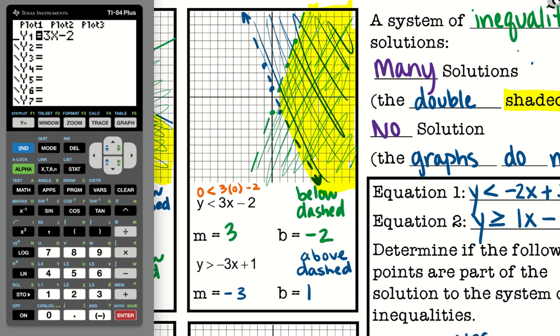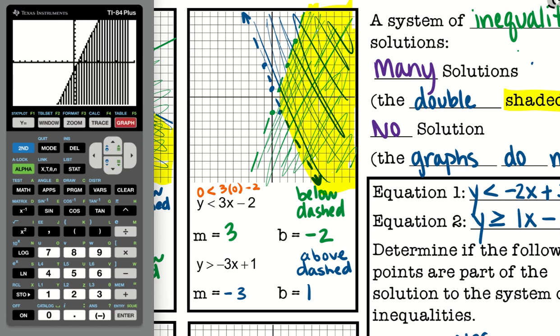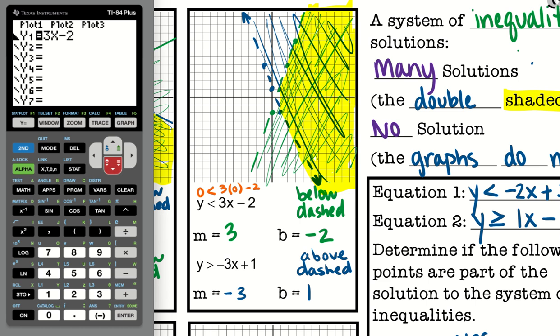For the black and white calculators, I'm going to hit enter a couple of times till I see these triangles. A triangle on the top means that I'm going to shade above that line. A triangle on the bottom means I'm going to shade below. So I need to hit enter one more time so I have a triangle below for this one. If I hit graph, I can see this was that original green line that I drew. Now these calculators don't do a solid or a dashed line, so you just have to know whether it should be solid or dashed. So I go back to y equals, I'm going to put the second one,